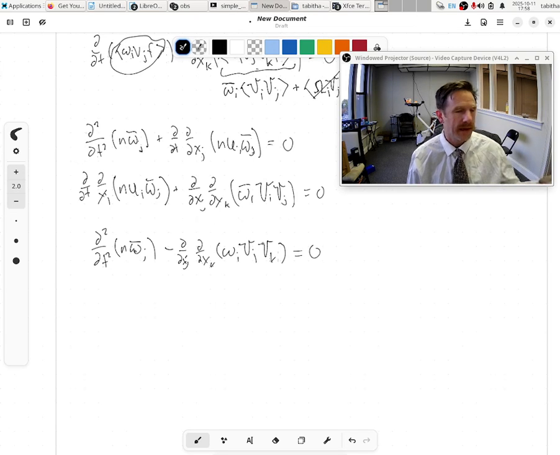And this is a wave equation, as we can tell, if we assume that we have a diagonal pressure tensor. So we're going to assume